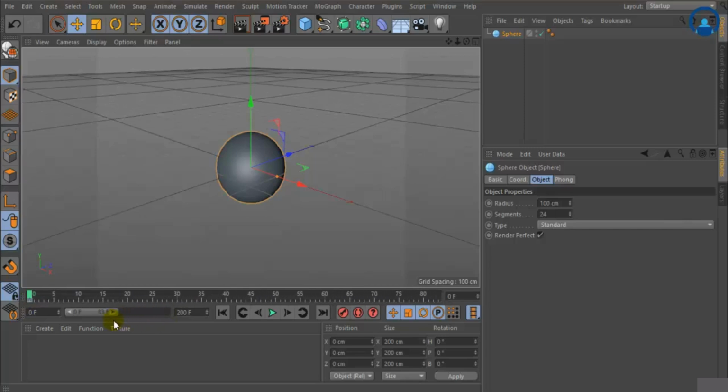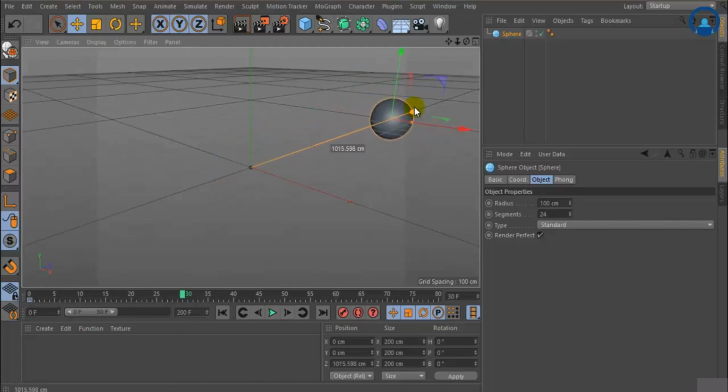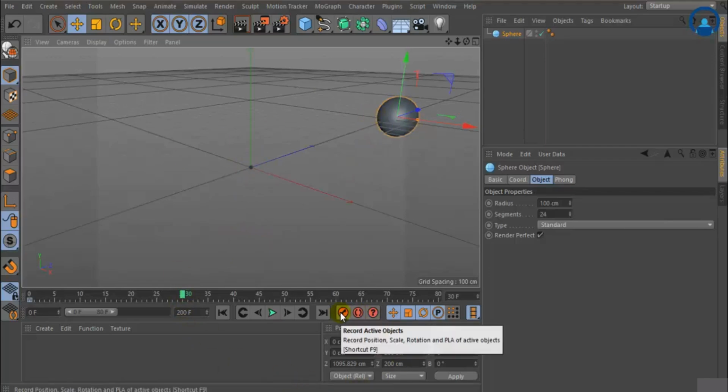I just drag it around. Yeah, that's okay. You can see the keyframe over here. This is a keyframe. I drag my playback slider, or playback head, to frame number 30, and I move this sphere from this point to that point. So you can see my keyframe over here. Now to set the keyframe for that position too, I again click on this set key option or record key option. You can see the motion path over here.